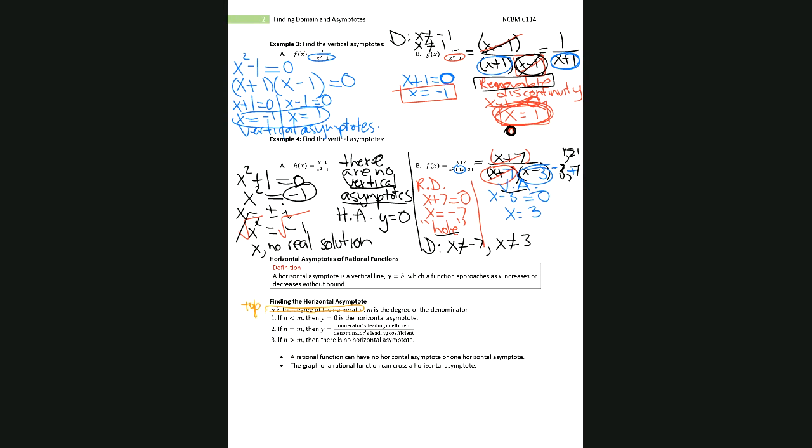And we are using m to denote the degree of the denominator, so the bottom. So whenever the degree of the bottom is greater than the top, I like to refer to those as bottom heavy